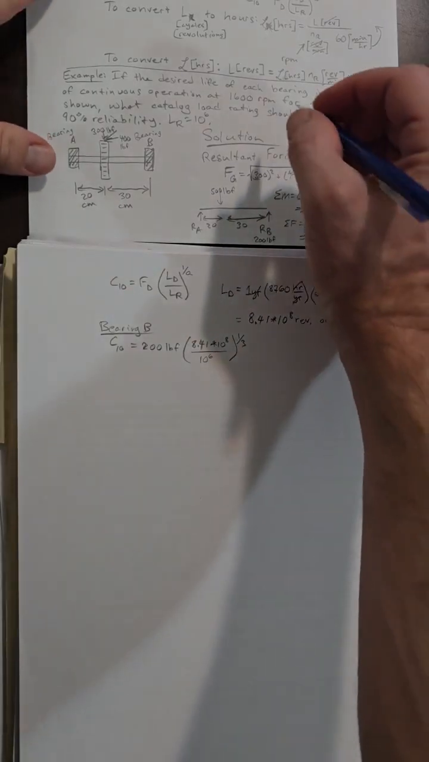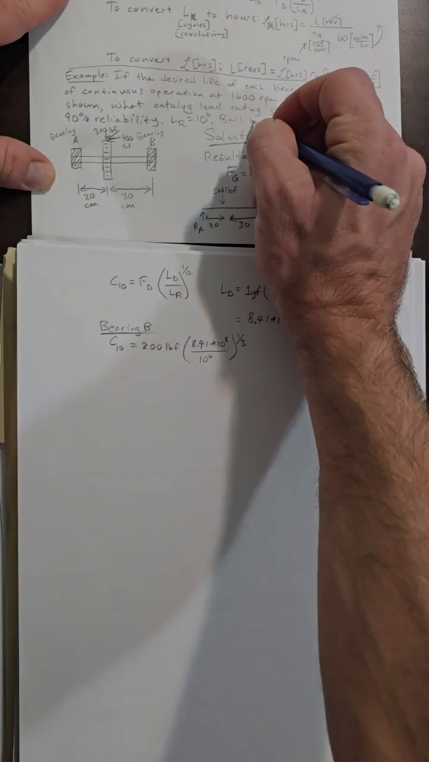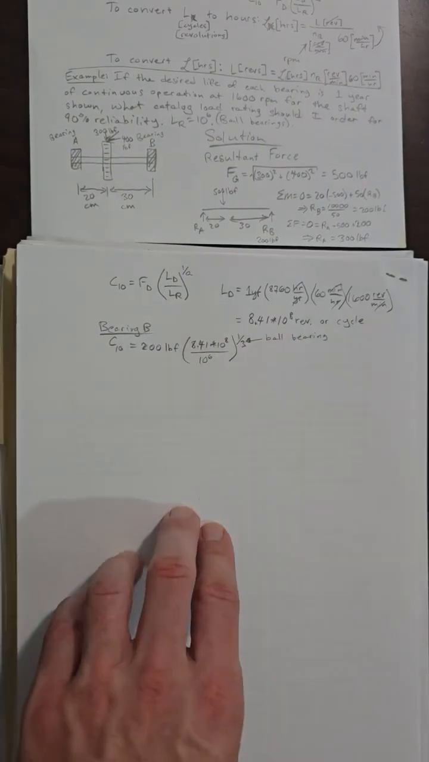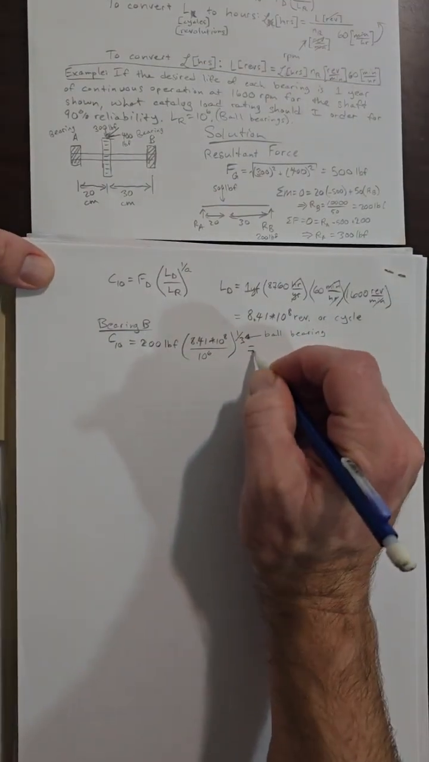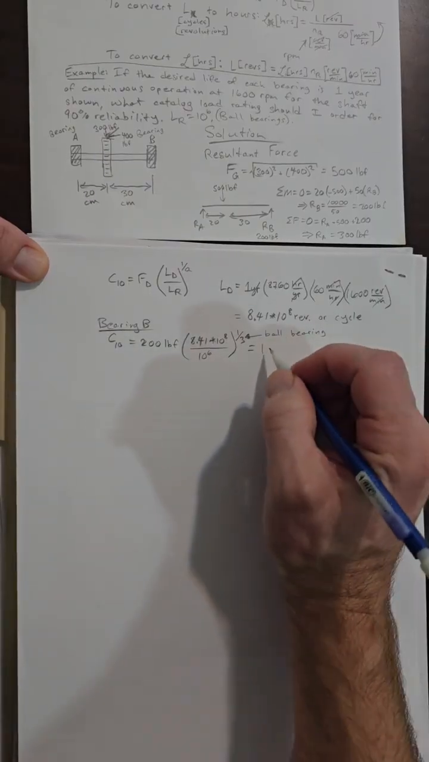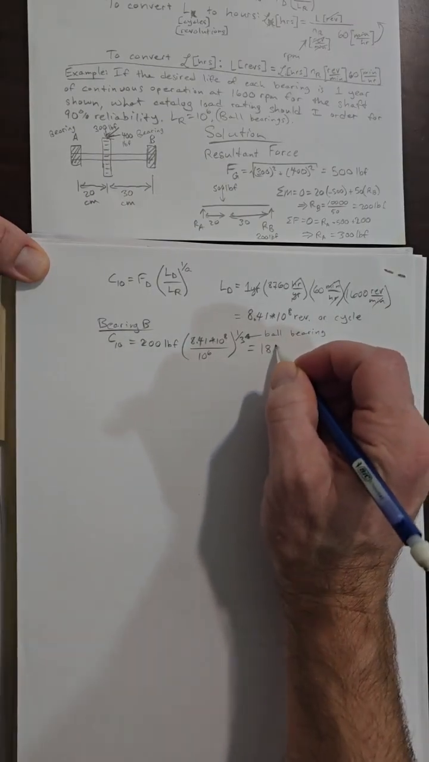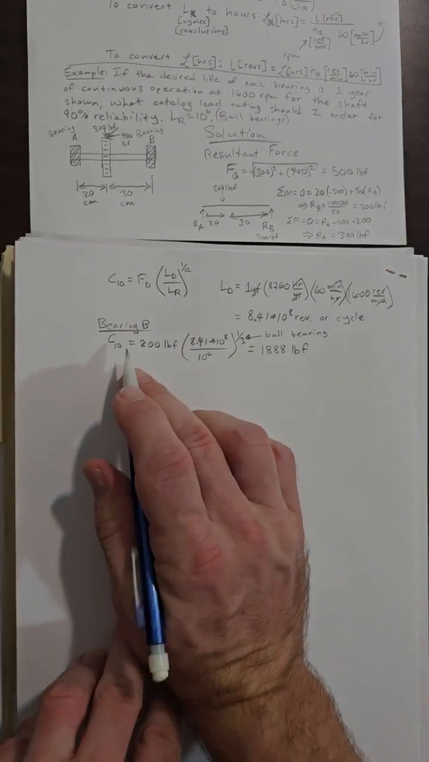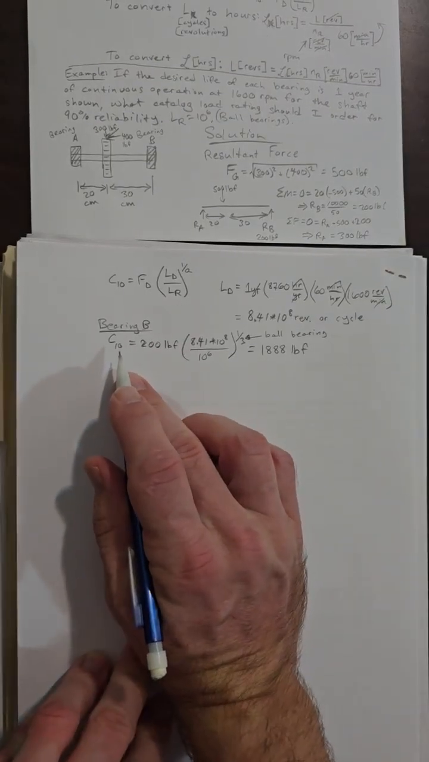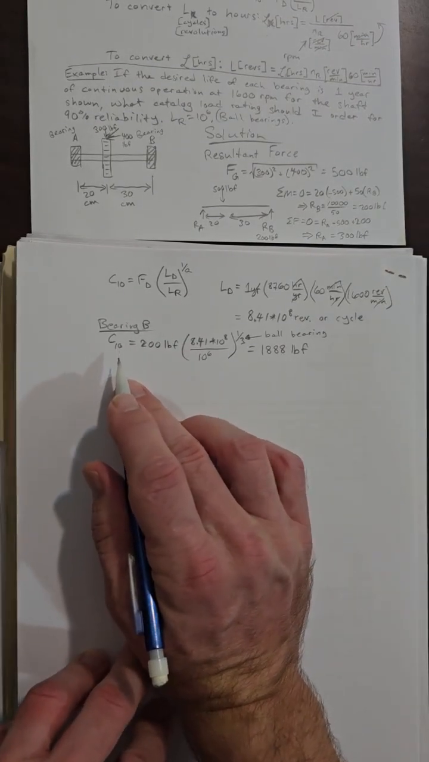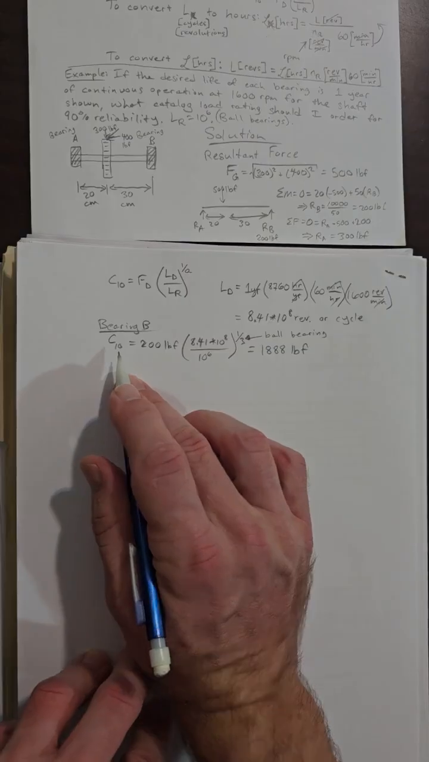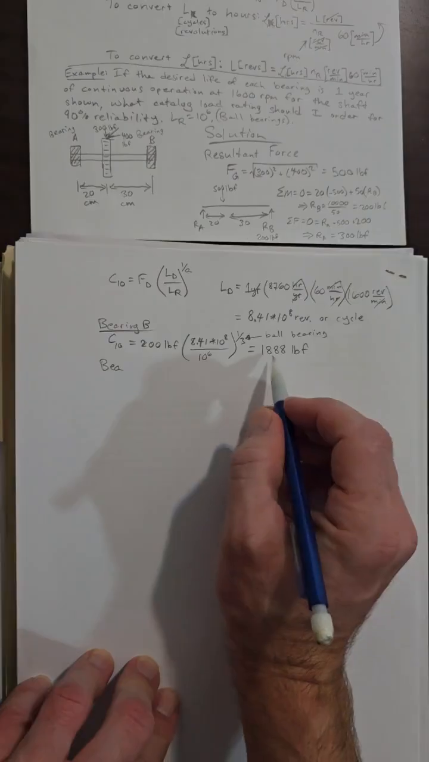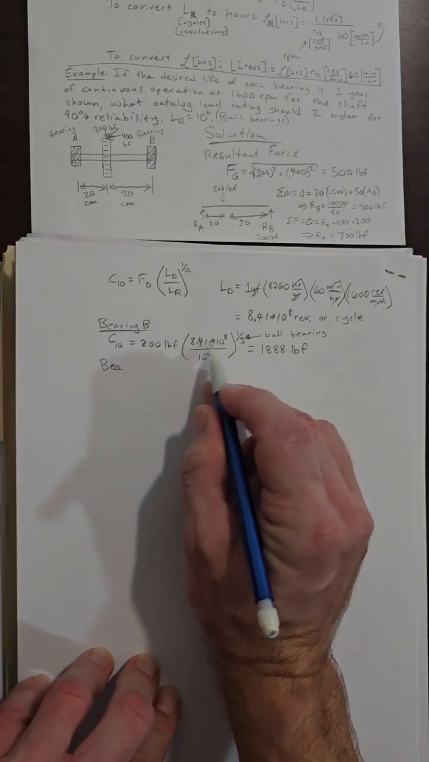And additionally, the problem statement should have said these are ball bearings, so our value here is 3 because it's a ball bearing. If we plug this into our calculator, we get a catalog rating of 1,888 pounds force. And when we look at that catalog rating, again, that's where only 10% of the bearings are expected to have failed, and 90% are expected to still be surviving for that amount of load with that amount